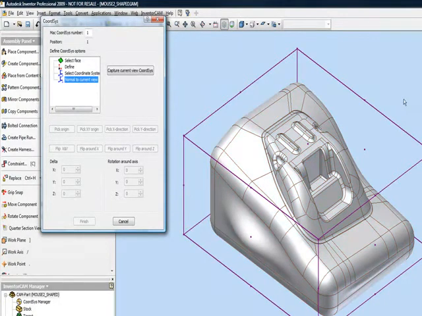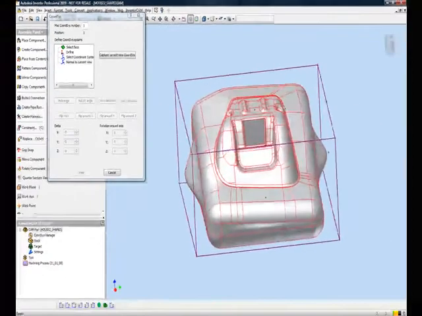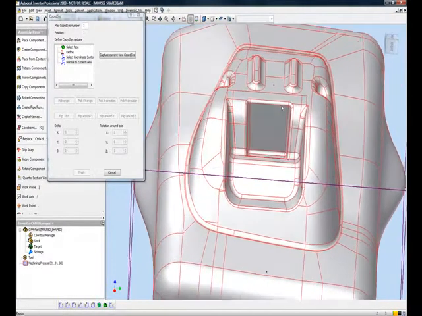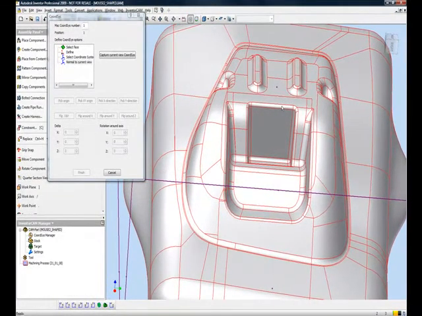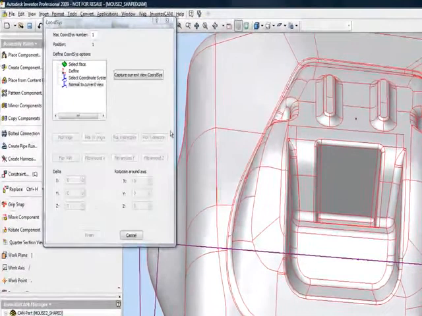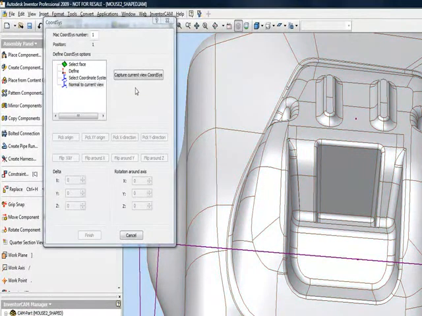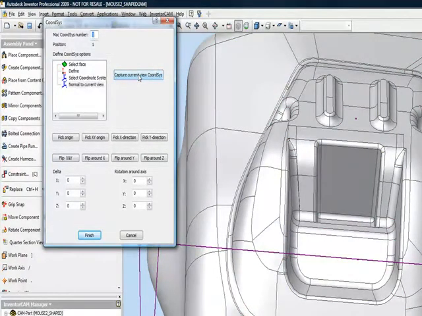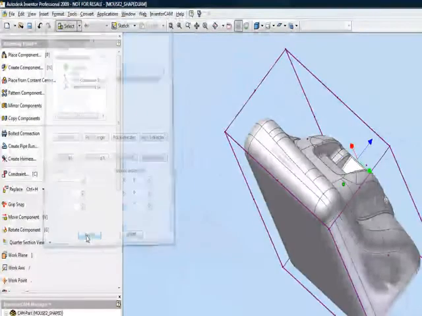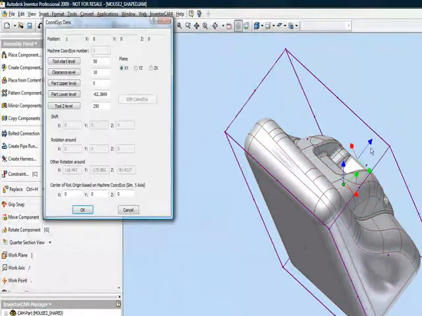What I'll do is as follows. Let's say I want to get to a particular view, and this is the view I want to sit on when I machine the part, and that's how I want my coordinate system to be. All I do is click on normal to view, and when I bring it to this view, all I have to do is say capture current view coordinate system. When I do that, I've created a coordinate system exactly according to that view. The moment I say finish, you'll note that my coordinate system is exactly according to that particular view. I'll say OK again